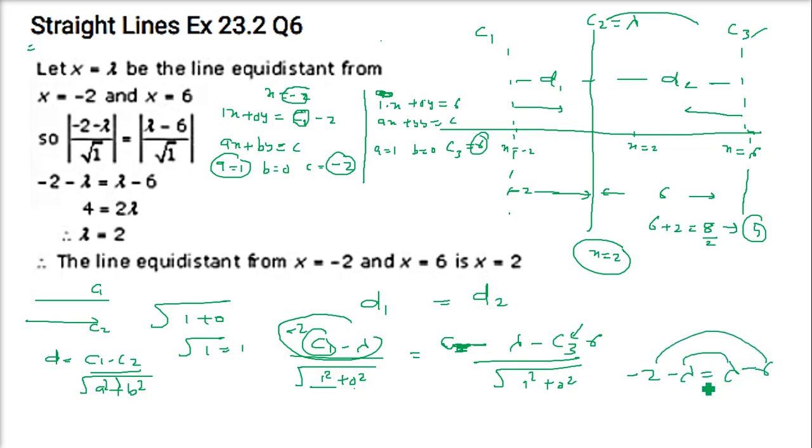So let us take this here, this here. So 2 lambda equals 6 minus 2, 4. Lambda is 4 by 2, that is 2. Lambda is 2 now. When lambda is 2, this is constant. And since this is a line which is parallel to the y-axis, it will be x equals lambda, which is 2. And this is your equation. So the same equation has come. See?